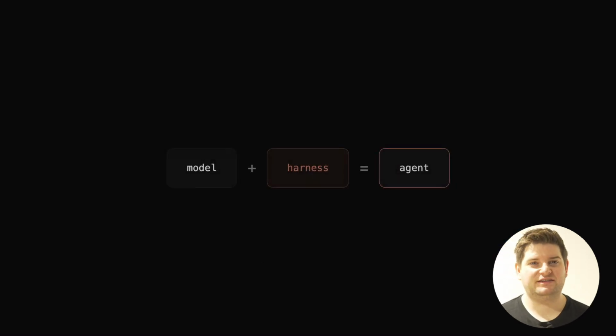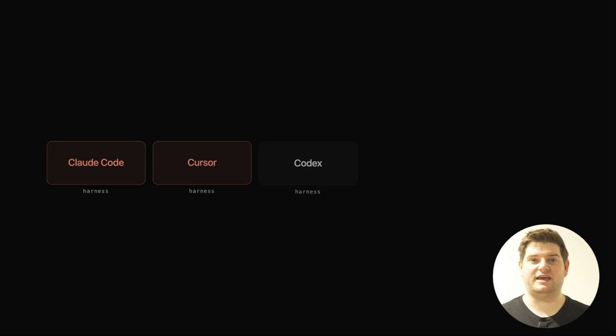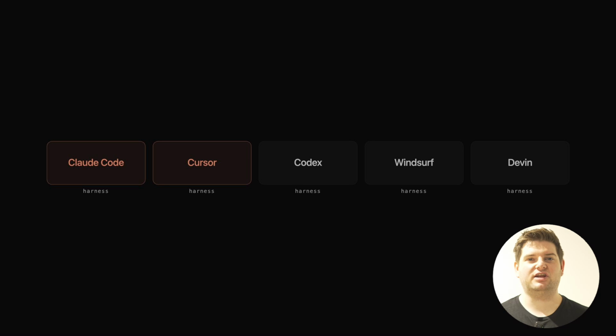Agent harness. This is the term that tripped me up 6 months ago. The harness is the code surrounding the model that turns it from a text predictor into an agent. It's the loop that takes the model's output, runs the tools, feeds the results back, manages the context, handles errors, decides when to stop. Claude Code is a harness. Cursor is a harness. Every agent product is essentially a harness wrapped around a model. When people argue about which agent is the best, they're really arguing about which harness is the best because the underlying models are very similar.